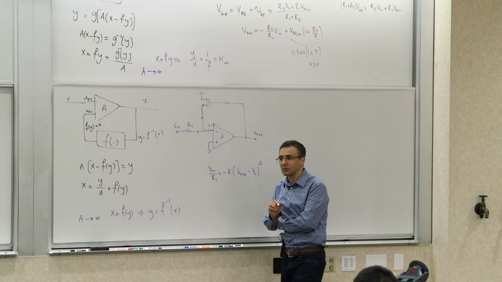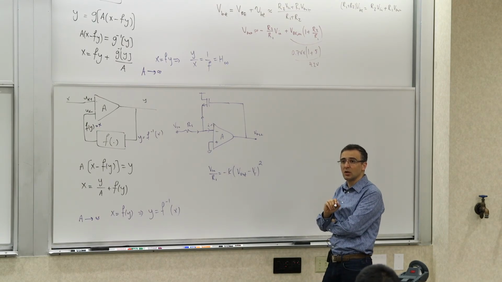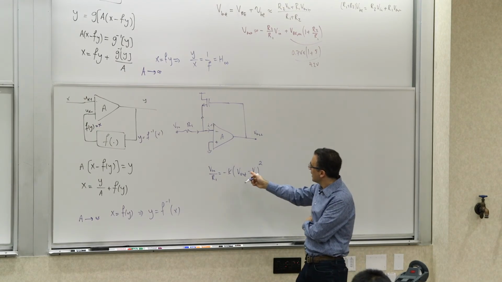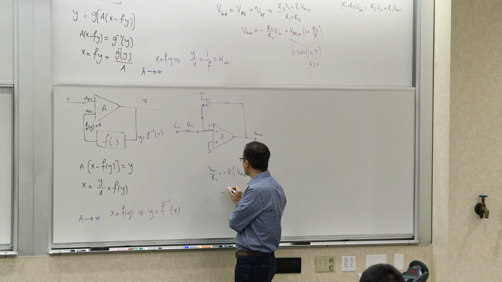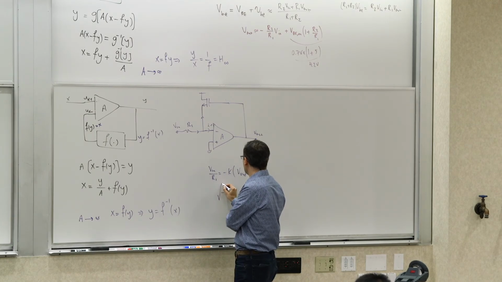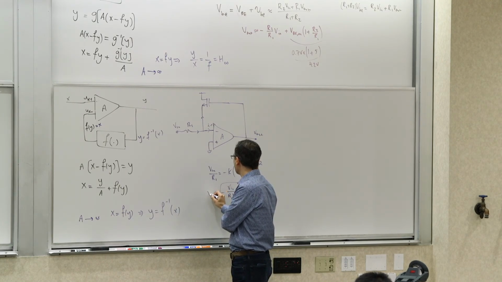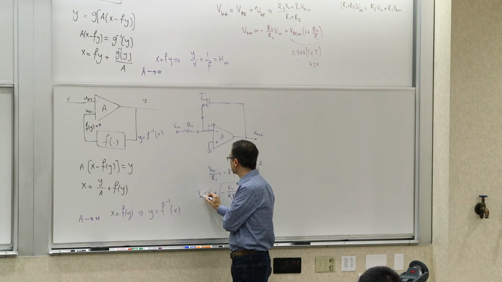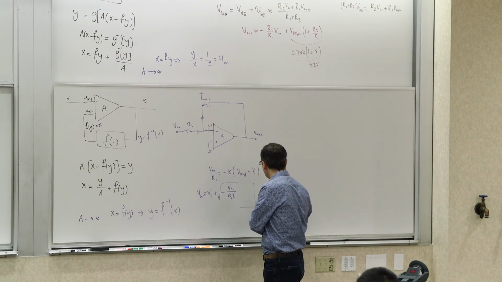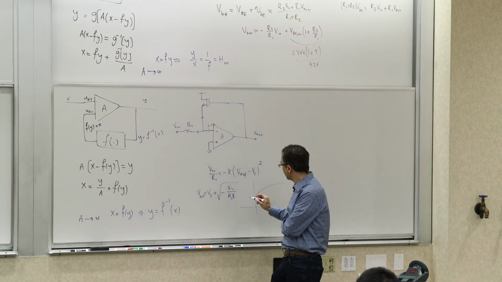Let's say it's a square law device. So if you put a square law device in the feedback path, what do you get? You divide by negative K, so you get negative V in over R1K. You take a square root, and then you add a Vt, so that's V out. So your V out will look like this,